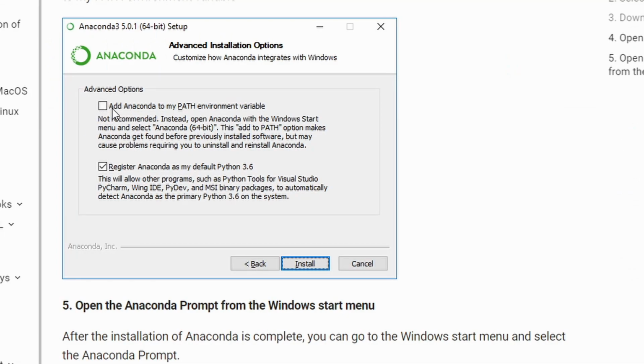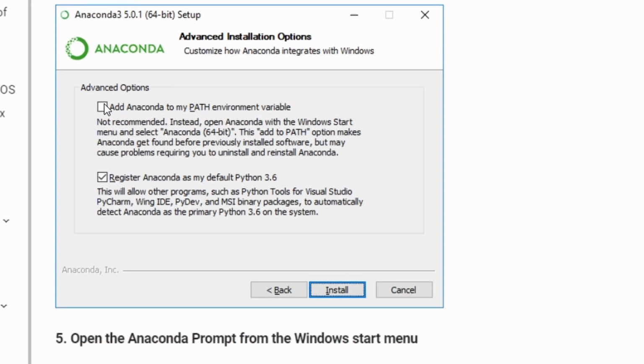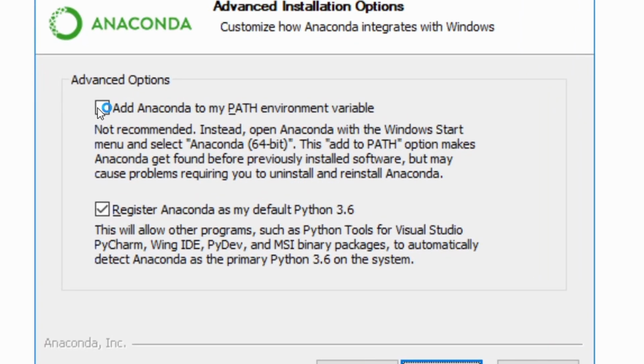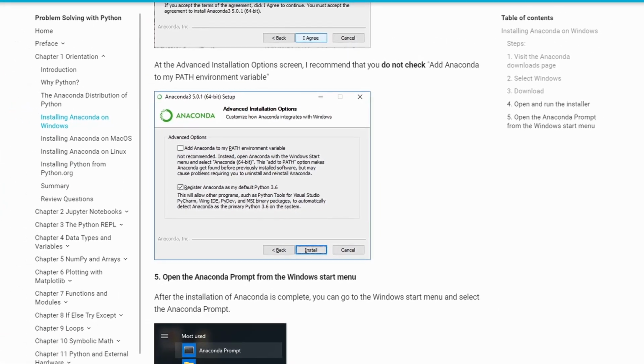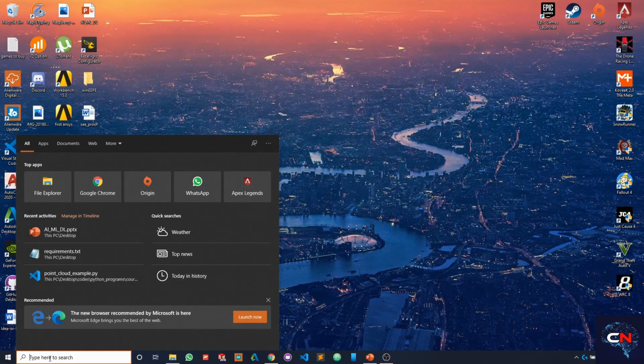If you do not click this, you have to manually go to your settings and add Anaconda to your path environment. You will find a lot of YouTube tutorials on how to do this, but this option will make your life so much easier. So in advanced options, just click this tick box, and after you are done with it, you just have to type